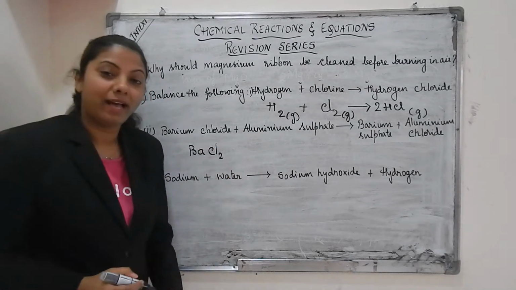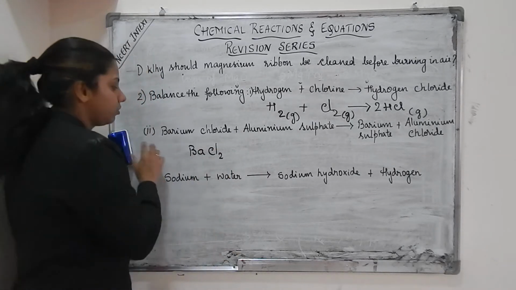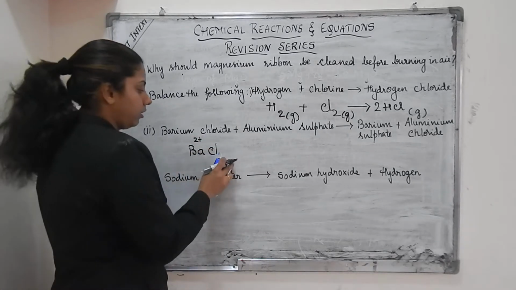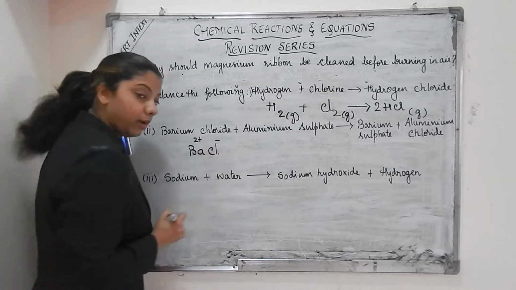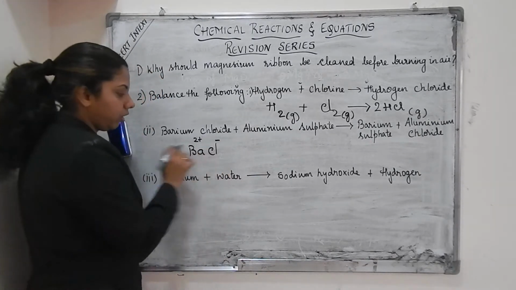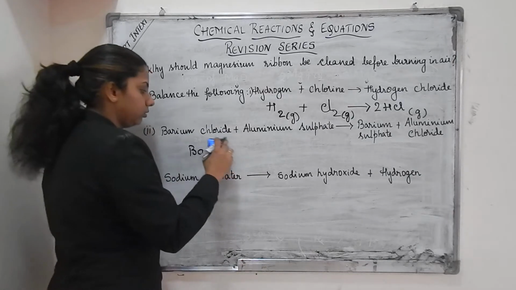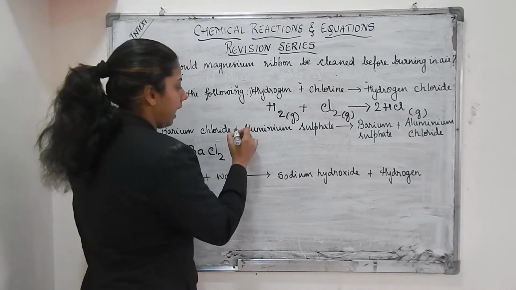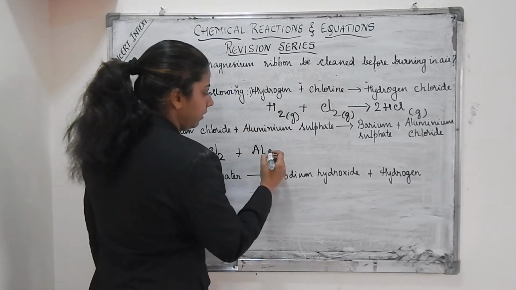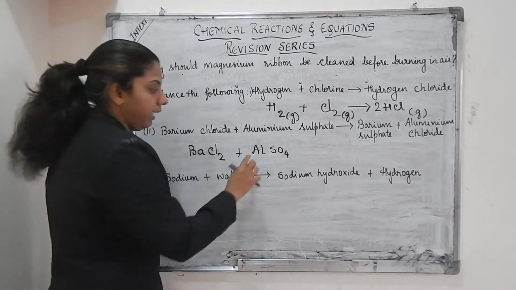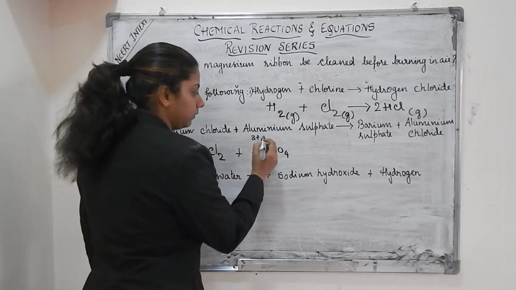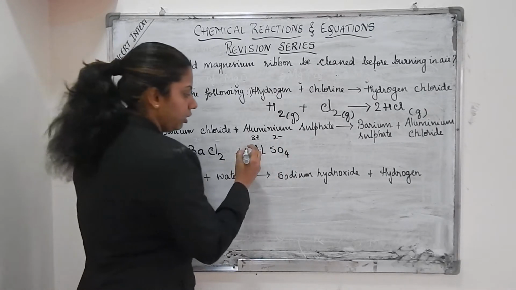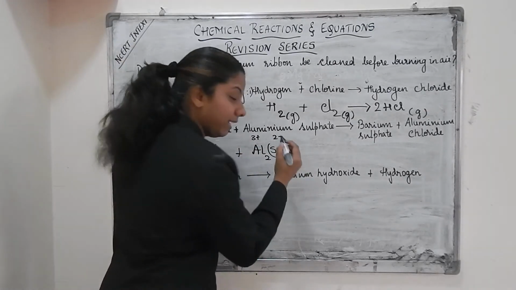BaCl2. Now if you have problem with the formula writing, students, Ba is 2 plus, okay, and for Cl the charge is -1, okay, and now when we cross the valencies, what you will get is BaCl2. Now similarly aluminium sulfate, so Al and SO4, students, Al is 3 plus, SO4 is 2 minus, so we write the 3 here and this 2 over here,